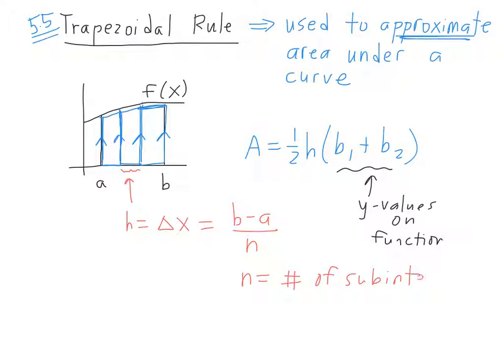subintervals. Now, when we were doing Riemann sums, our subintervals were rectangles. Now, with the trapezoidal rule, our subintervals are going to be trapezoids. So maybe you're told that there are 3 subintervals. That means you would have 3 trapezoids. So notice that,